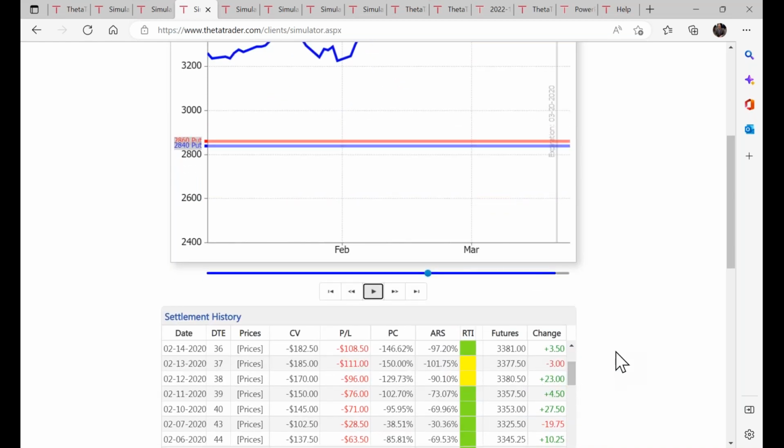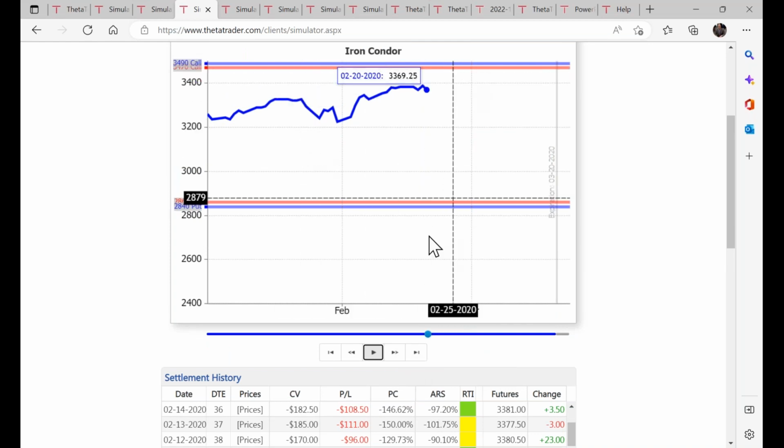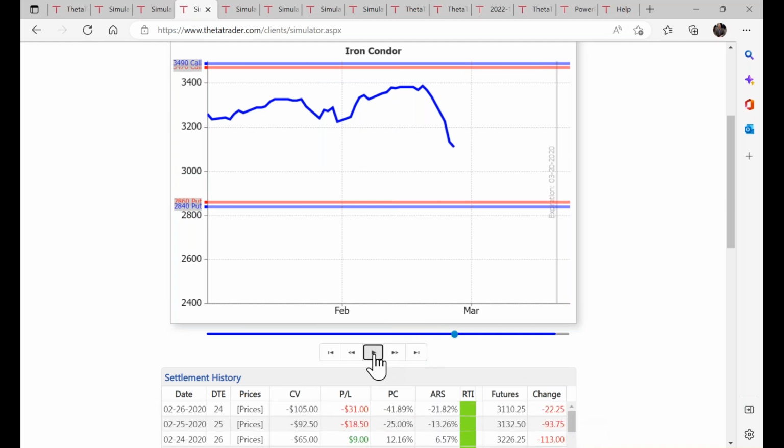The trade is sitting on a small loss right now, which makes sense because it's moving a little close to that upper boundary. Then it turns orange, elevated risk, and then yellow, back to yellow. And then it turns red. So you take a loss here on that trade.